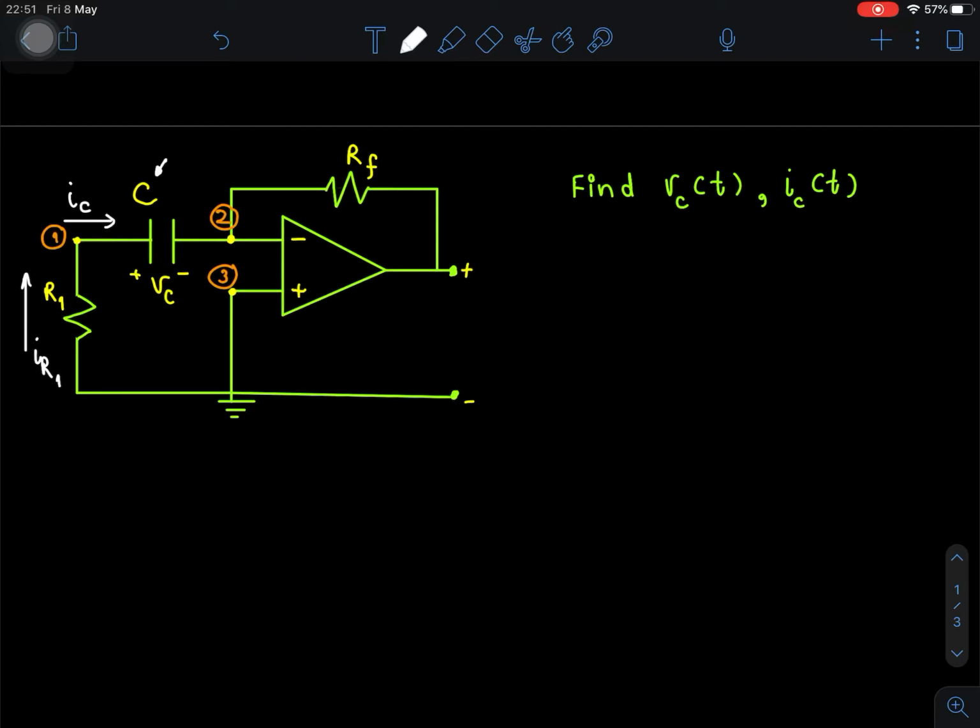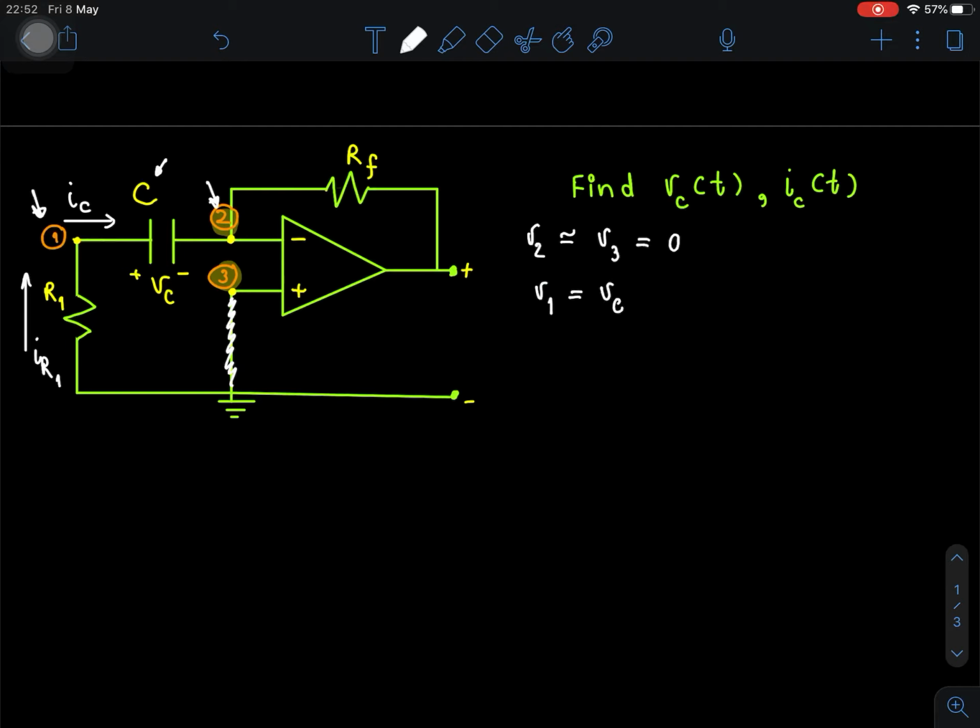We know that the voltage at node 2 is approximately equal to the voltage at node 3. These are node 2 and here is node 3. As you can see, node 3 is connected to the ground, so both are approximately equal to 0. And when you see here, node 1 and node 2 are the adjacent nodes, and as node 2 is approximately equal to 0,